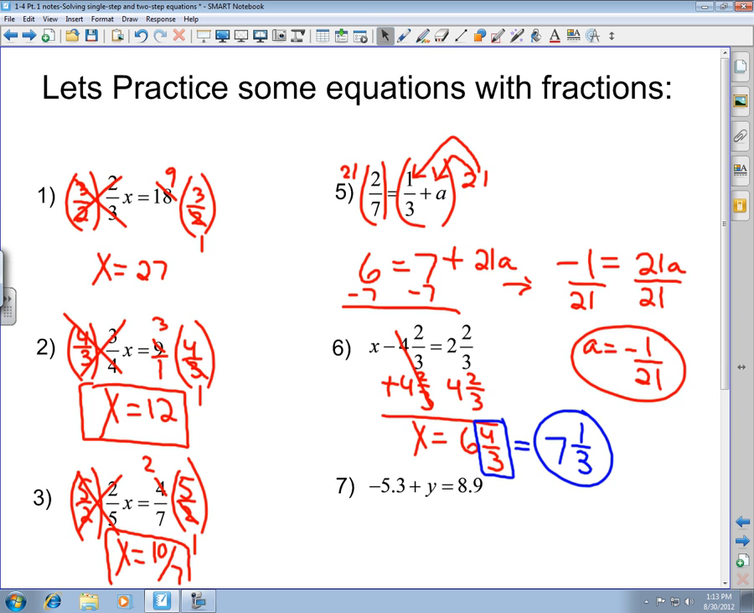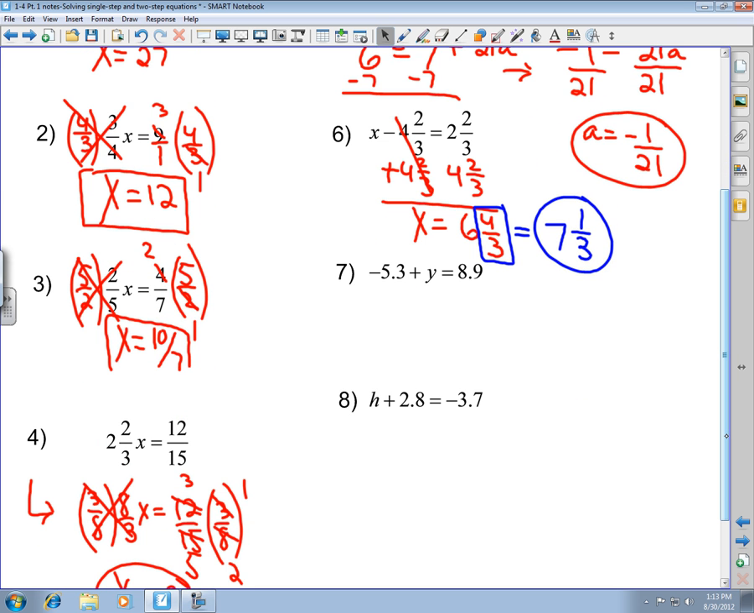Don't let decimals stress you out. Decimals are not scary. Negative 5.3 plus y equals 8.9. The negative 5.3 is being added to y. How do I get rid of a negative 5.3? By adding 5.3 to both sides. So y is going to equal